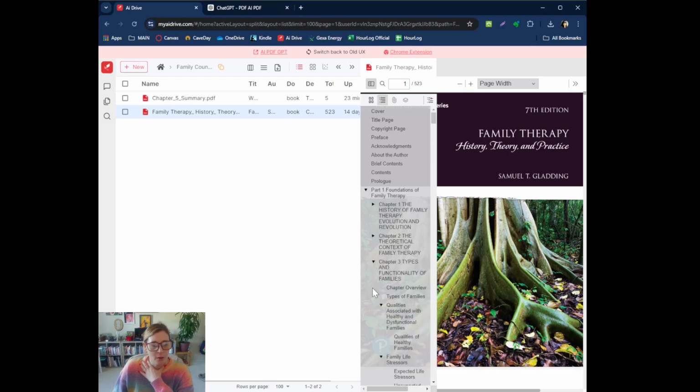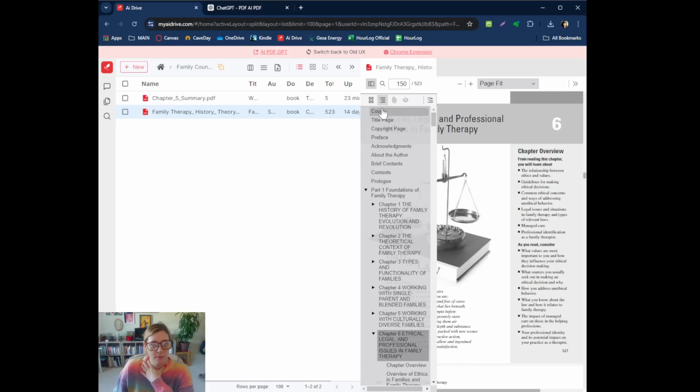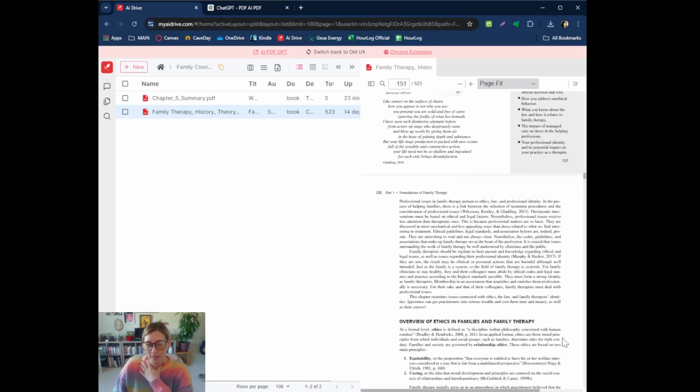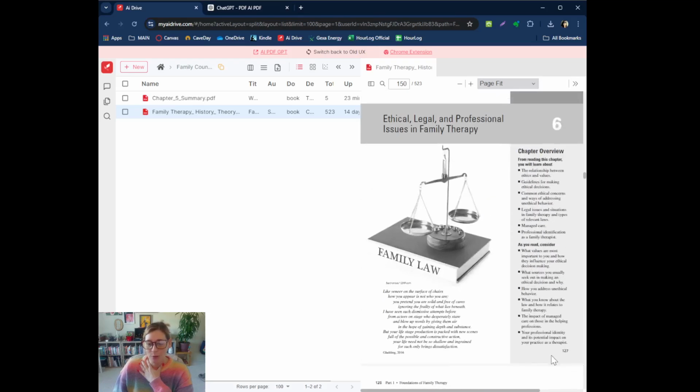So I want to go to Chapter 6. There's 3, 4, 5, Chapter 6. Close my sidebar. All right, and this is on page 127 of the book itself, so it knows to look for this, right? The actual hard copy of this book, it starts on page 127. But in PDF format, because all of the beginning intro pages are also numbered, it's 150